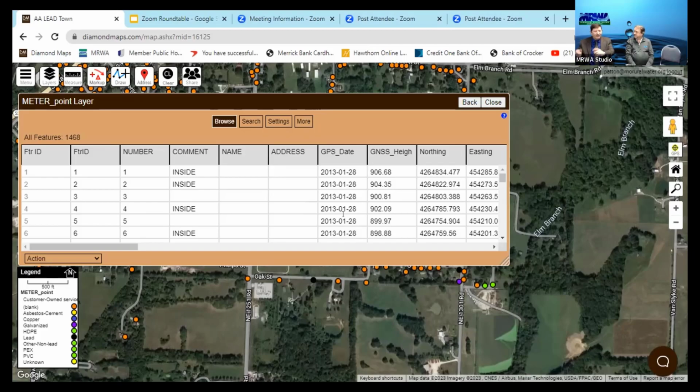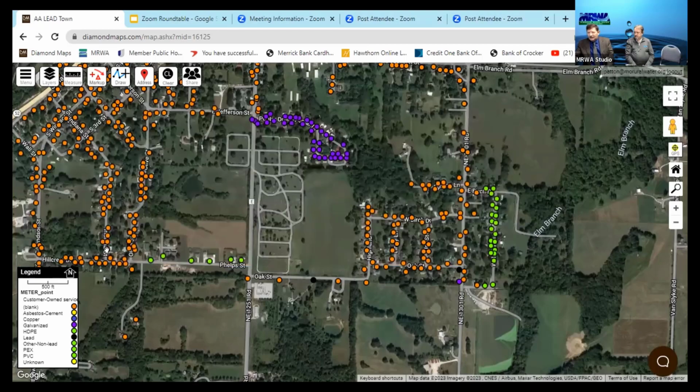You got a question? Question. Can you show again how you highlighted multiple meters? Sure. All right. And again, this part of it is the GIS map. This has really nothing to do with adding the template.